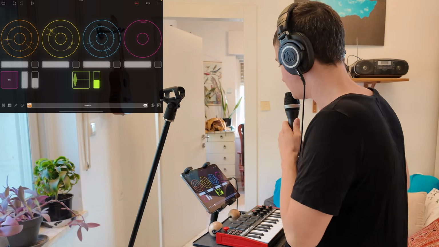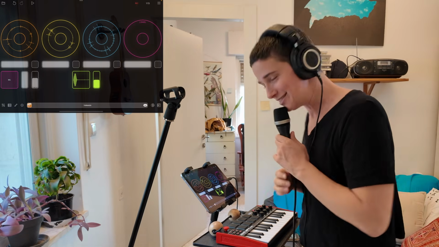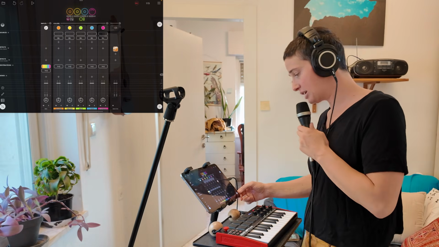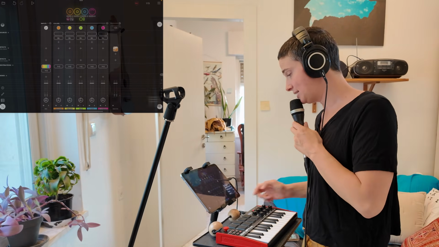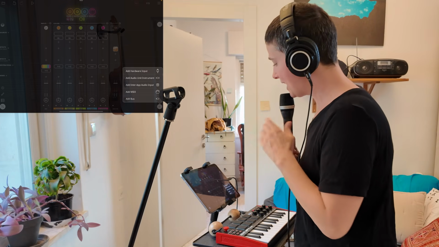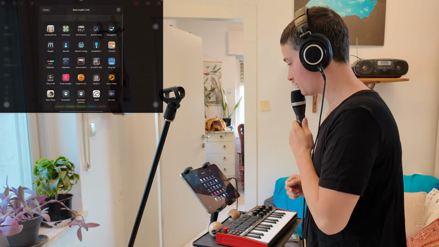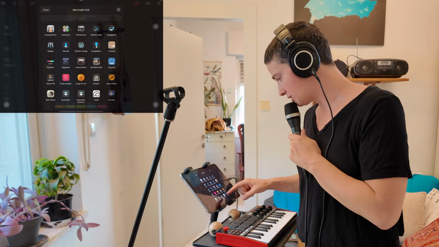Yeah. That's that. Okay, so now let's bring in an instrument. I'm going to go into my mixer. I'm going to press the plus sign on the bottom right. And I want to add audio unit instrument. It's the second option from the top. And I'm going to look for my,